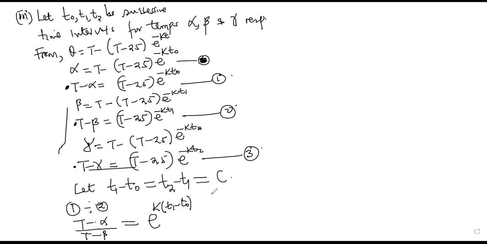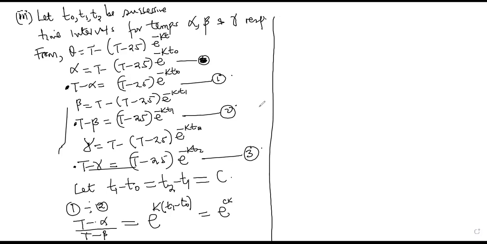Okay, then I will say that this is equal to e to the power of k, a constant, so it will be e^(ck), implying that (t − α)/(t − β) is equal to e^(ck). Then further still, I'm going to divide